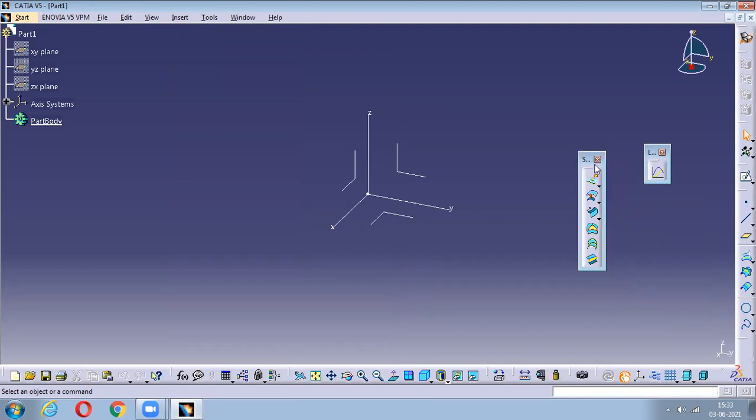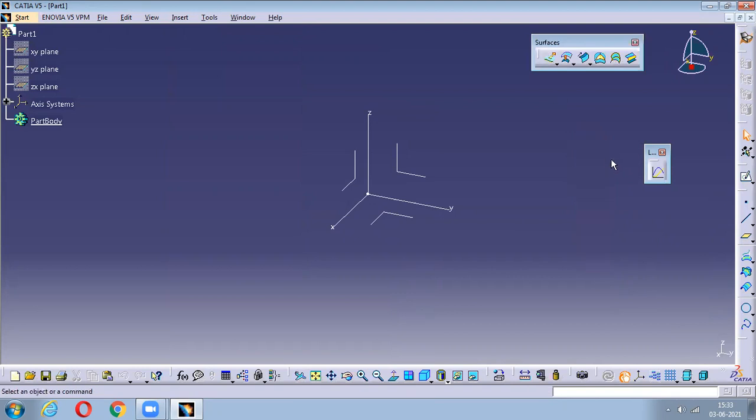Do you have any idea why we choose surfaces over part design in any modeling software? No, sir. The reason is, while doing that helical gear, I was telling you about open profiles, right? In part design, you can't add material to open profiles, but in surfaces, you can easily add material to an open profile. That is the first reason. And the second reason is that surfaces are widely used in aerospace industries as well as car designing industries. Okay.